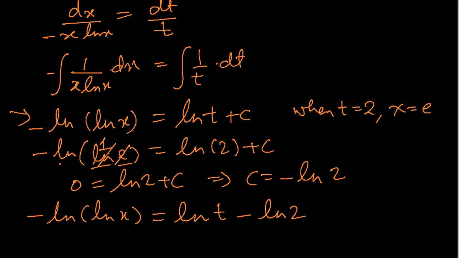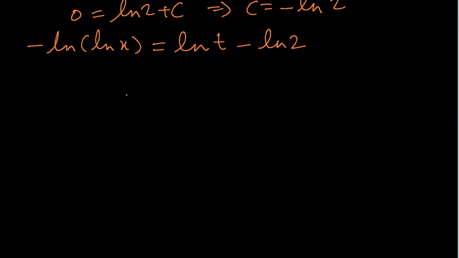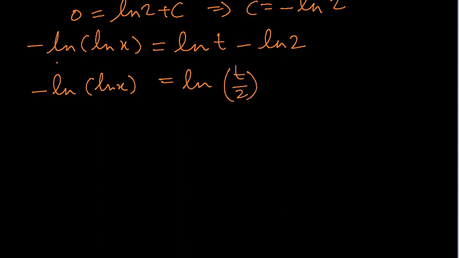And now let's try to simplify this. Since all of them are ln, let's combine both sides. Minus ln x was already combined. Let's combine this one also: t over 2. Now since this is negative here, let's give it an exponent of negative, so that we can compare the ln and ln. If both sides are having logs, we can compare the contents of the logs and ignore the logs. So we are left with ln x equal to the power minus 1 rather,